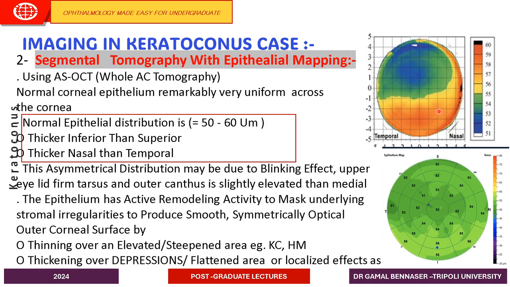Now, another thing is that the epithelium has an active remodeling activity that masks the underlying stromal irregularities to produce a smooth and symmetrical optical outer corneal surface. That's to say that if you have thinning, there will be a thinning over the elevated or any steep part of the cornea, as seen in keratoconus